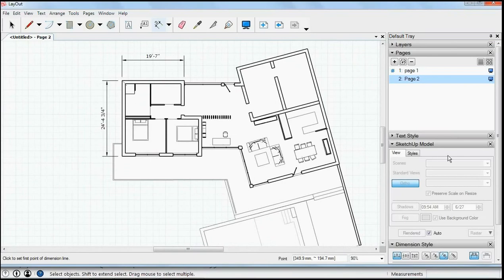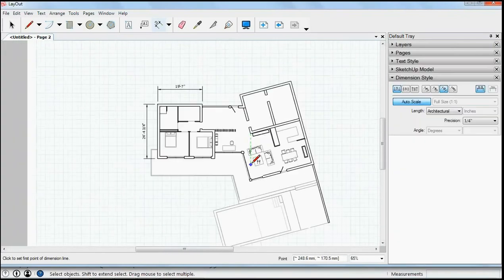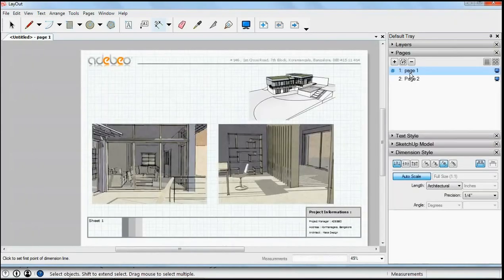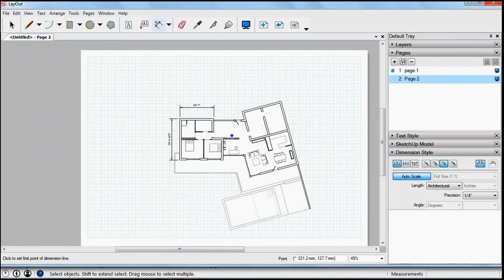Here we have created all the entities. These entities can be easily brought back to page 2 using options available in the pages. So hopefully in a couple of next sessions we can cover more topics about layout and SketchUp